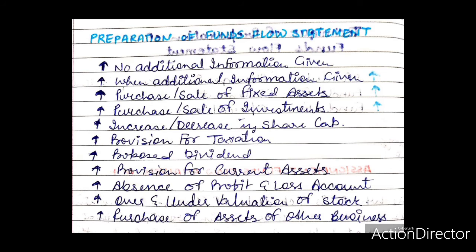A. The provision at the beginning of the year may be deducted from the debtors in the beginning, and similarly, the provision at the end may be deducted from the debtors at the end. Thus, net balance of debtors is shown in the schedule of changes in working capital. These are not recorded in the funds flow statement and no adjustment is made for these items in the net profit for the year if it is given after deducting these provisions.